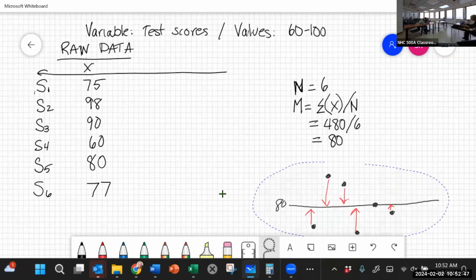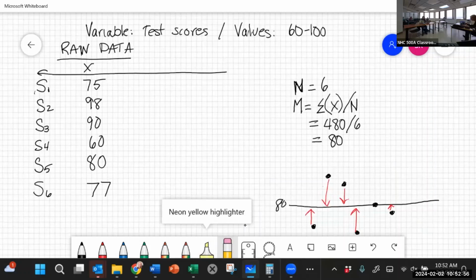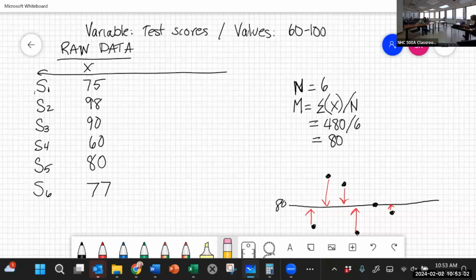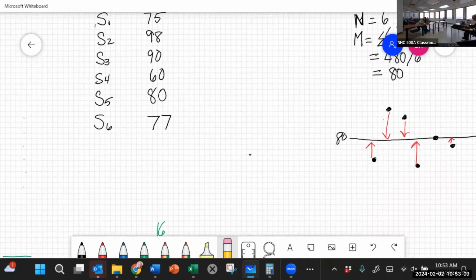Let me try one more time. No, I can't get it to move, so I'm going to have to erase it right away. Somehow I'm taxing my computer too much. Okay, that's okay. I'm going to move down here then for the rest of ours, and I'm going to